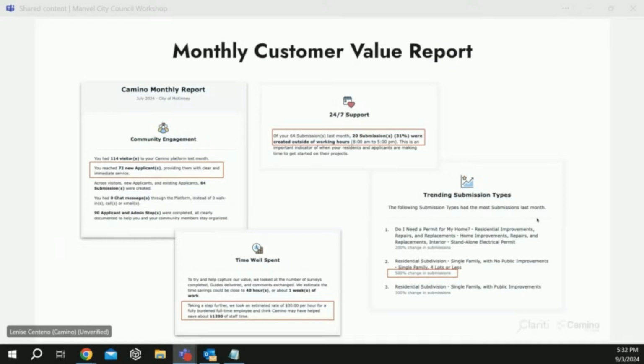So this is some screenshot examples from the city of McKinney, Texas, just from last month alone. And so we track the amount of visitors to the platform. That's also really helpful, to see how visible is the link that we're currently using? Are we marketing to our residents in the best way? Is Camino easy for them to find on our website? It's really helpful to track that.